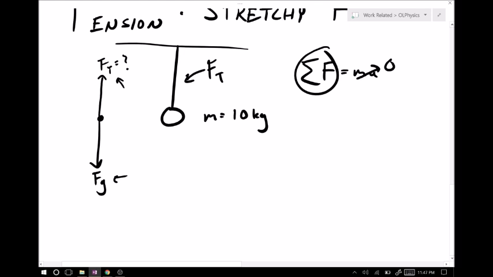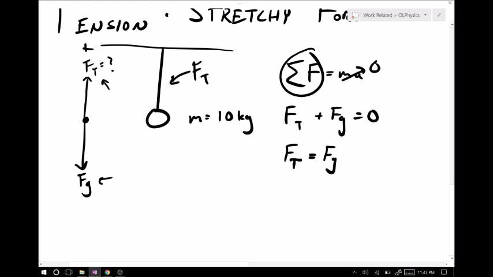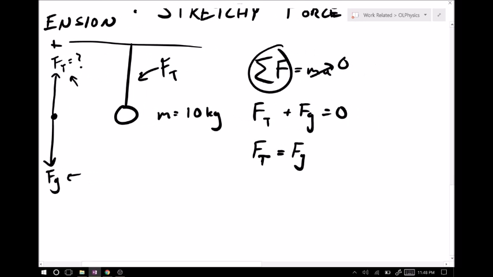We probably want to, at this point, define a positive and negative direction. Usually, if something's not moving, you just use your normal cardinal direction. So up is positive y, down is negative y, and that's fine. We'll say up is positive. So we'll have Ft plus Fg equals 0. If we solve for Ft, we just have to get Fg to the other side. So cool, we know that our tension is equal to our weight, but we don't know what our weight is, but we can solve for it because remember,